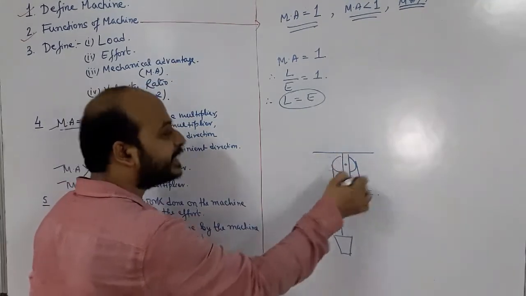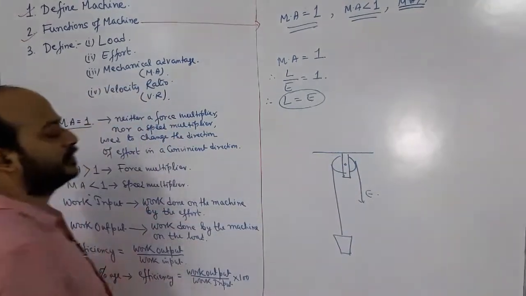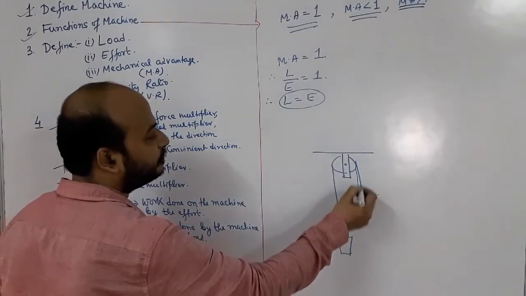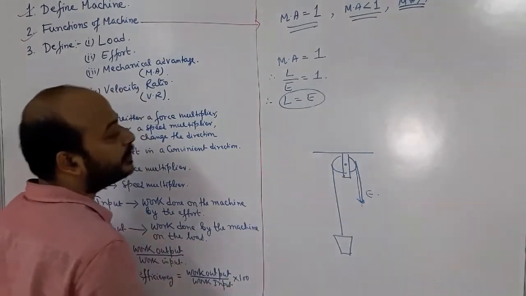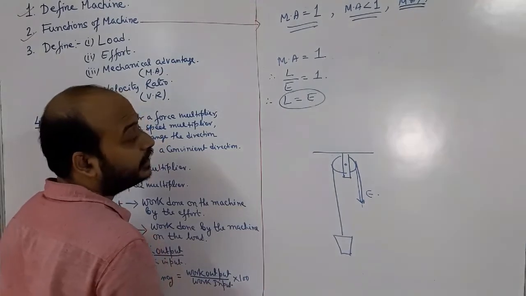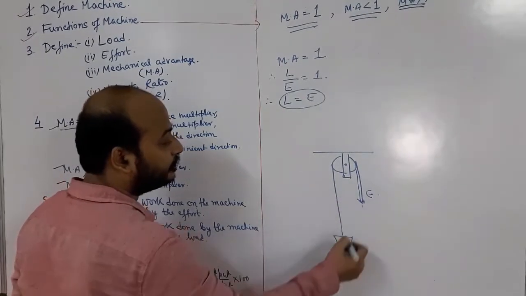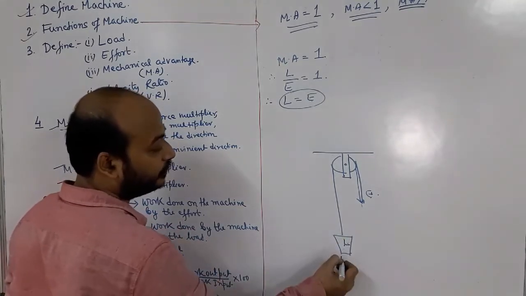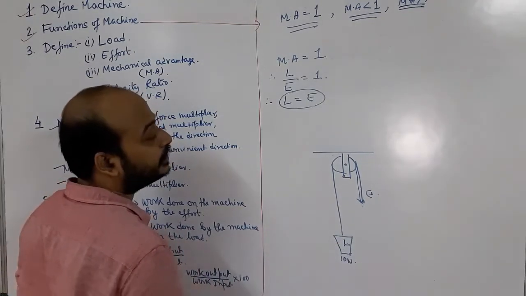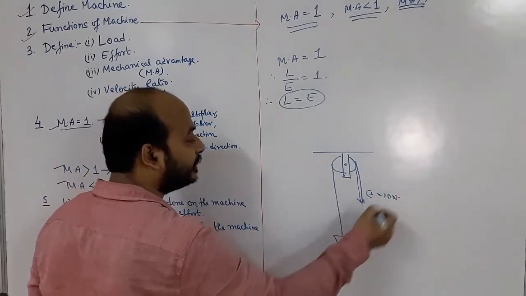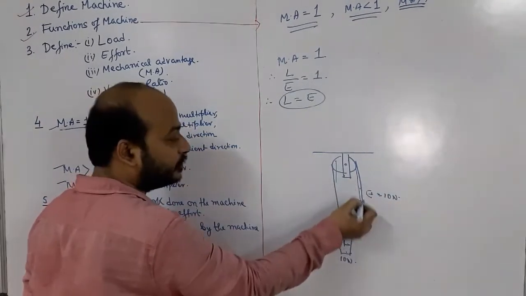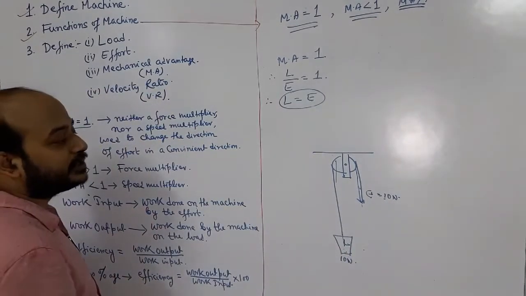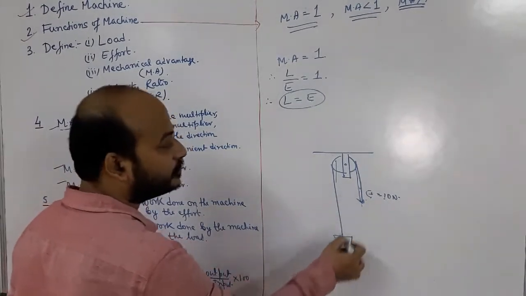Now, we are just neglecting frictions in this, but there is some friction, for which we have to use some extra effort. But see, in this case, the load is always equal to effort. Means effort is always equal to load. So if the load is 10 Newton, then we have to use 10 Newton only to lift this, a 10 Newton force. So that means effort is equal to load. So that means there is no gain in force.